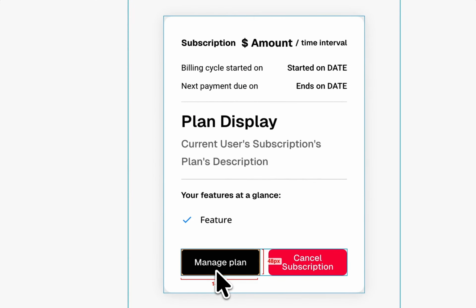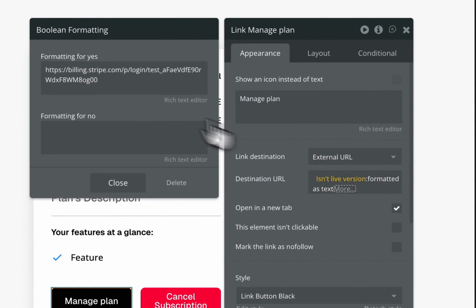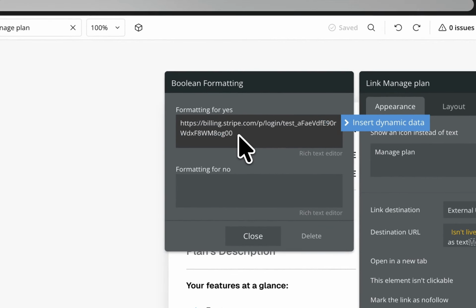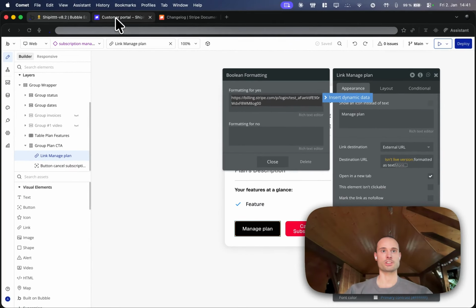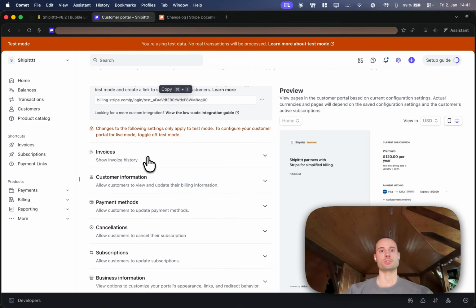click on Manage Plan, and click on the dynamic expression. Open up the formatted as text expression, and here you will paste the URL that we just copied. And that's it. You go to the Stripe dashboard again, and this is basically where we will be able to